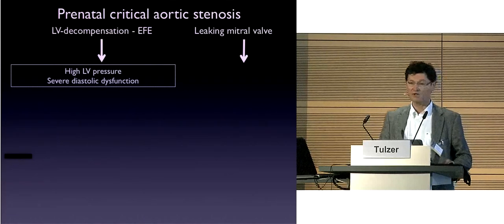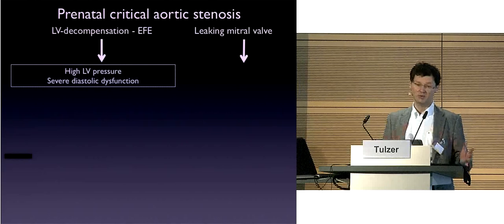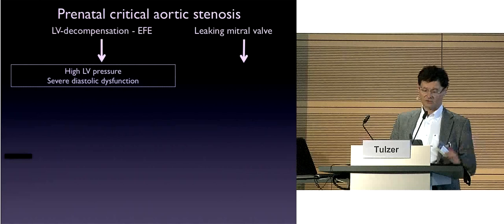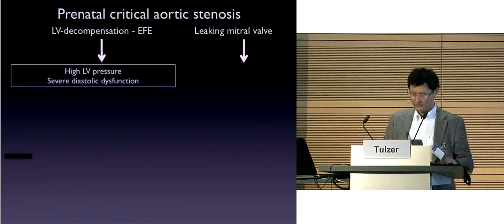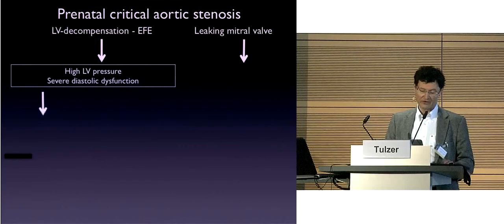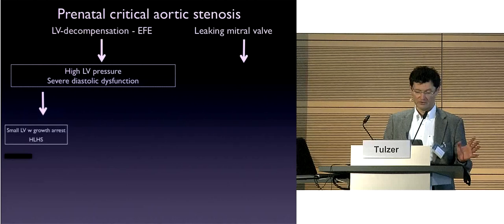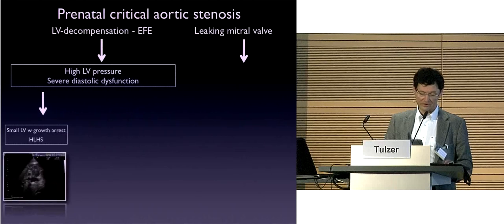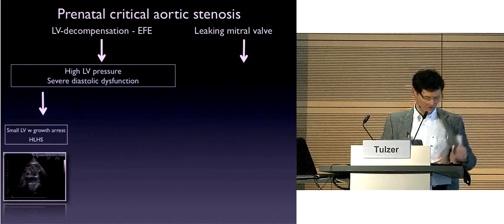No question about that. But many of them will decompensate because at some point the pressure in this left ventricle gets too high, and the left ventricle will suffer some sort of damage. Usually, it starts to dilate and gets severe systolic and diastolic dysfunction. If that happens very early on in pregnancy, probably during the first scan at the end of the first, beginning of the second trimester, you already get a picture like this with an already very small left